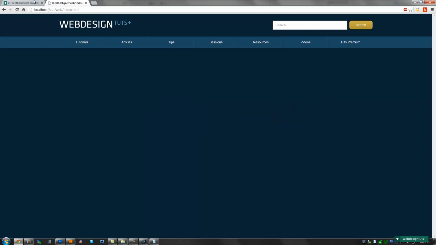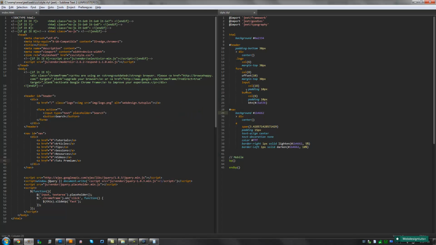Now if you'll notice, the light border isn't applied over here and the dark one's not applied over here, but we can go to the actual nav element, or the div that's centered, and we can give it a border left